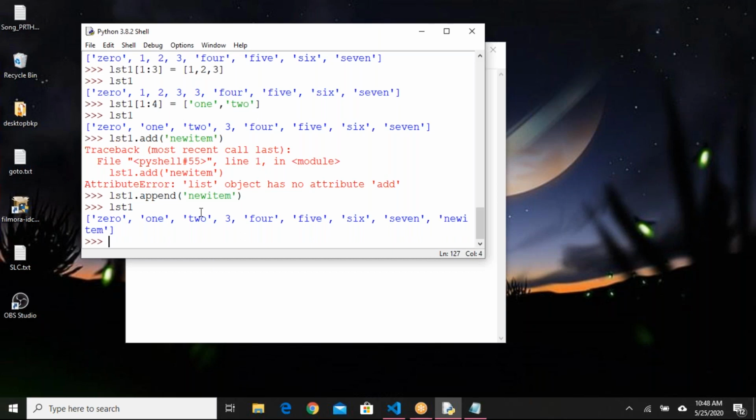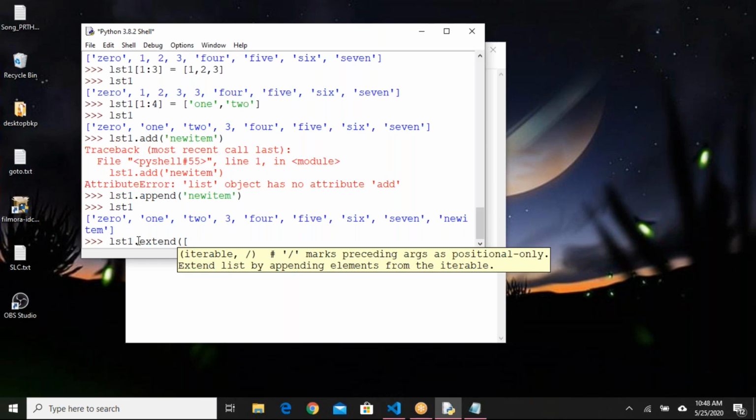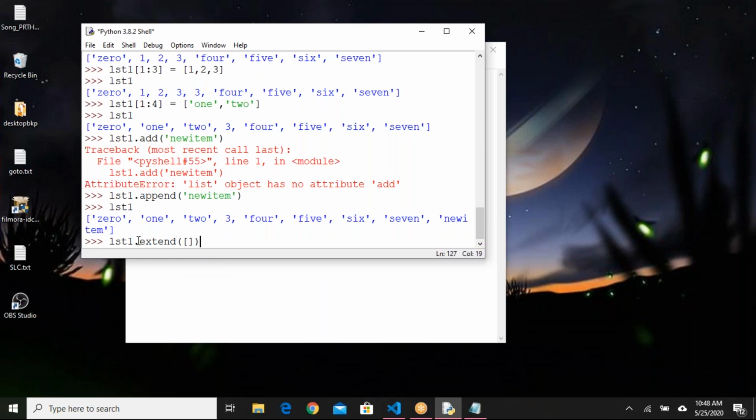We have one more method called extend, using which you can add multiple elements. Using list1 dot append, you can add only one item. When you want to add multiple items, you have to provide them as a list. Let me say list1 dot extend, and I have to provide the list of elements here. Maybe I'll say Jan, I'll say Feb. Again remember, while appending or extending, you don't have to pass only string values.